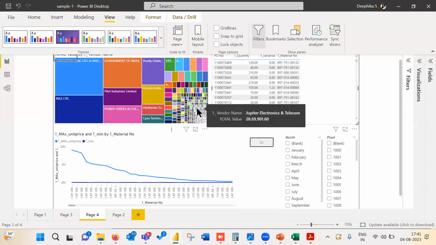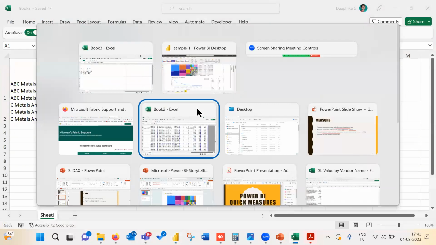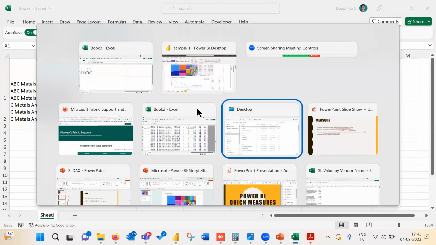Okay, so this is how, using some minimal formulas also, we can start doing analysis. Okay, so in Power Query, you can do more things in terms of ETL, extracting data, reading PDFs, combining data. Okay, so I'll just show you 2-3 things which will be very useful for Power BI.